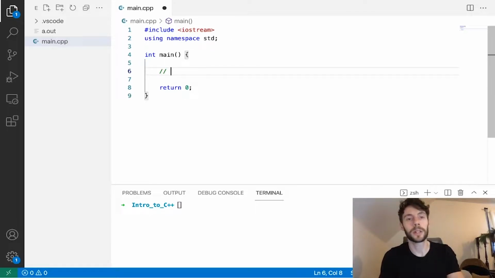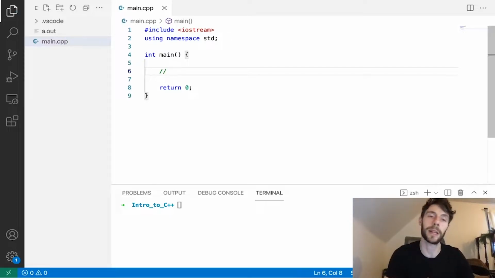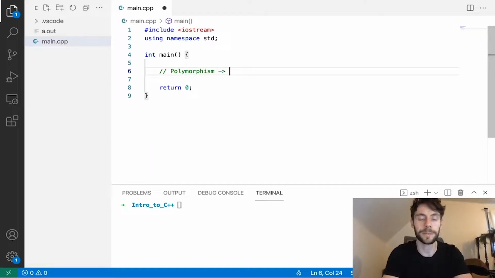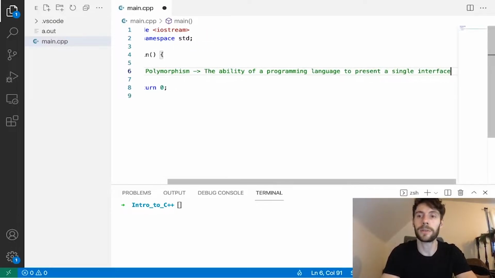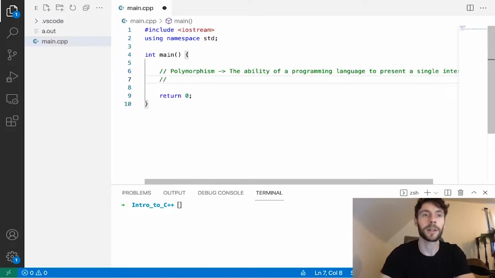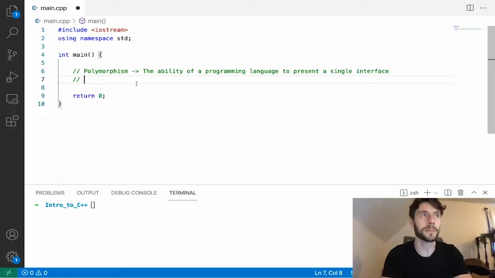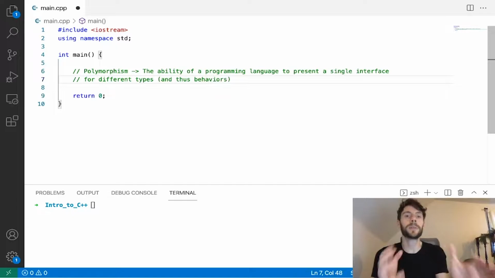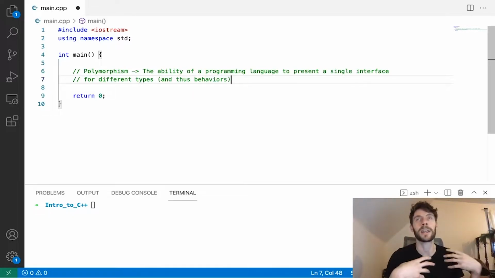I'm going to delete the Hello World instruction and begin with a definition of polymorphism. Polymorphism is the ability of a programming language to present a single interface for several, well, we'll just say for different types and thus behaviors. So it's the ability for a programming language to give you a single interface that leads to